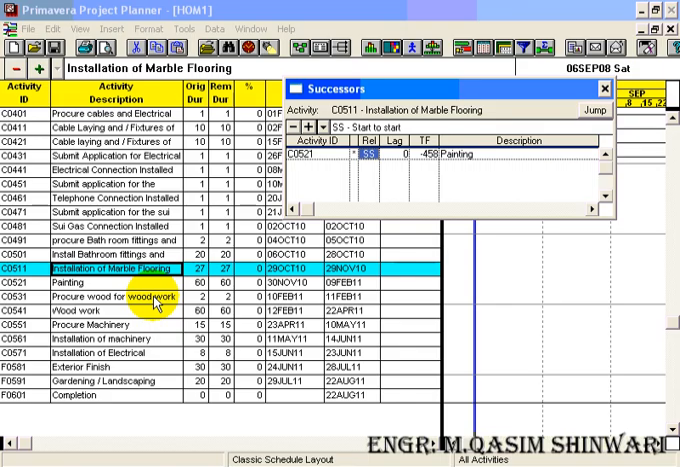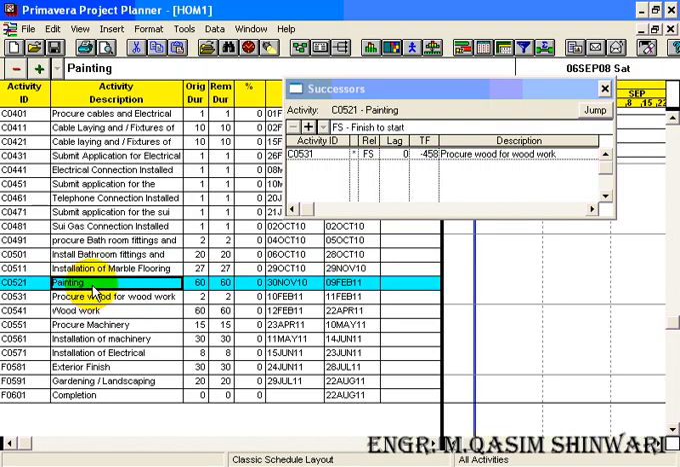Now the activity C0521 and C0531, it should have a lag of -32 and change the relation to start to start. Now before ending the 32 days of painting, the C0531 activity will start. Now come back to